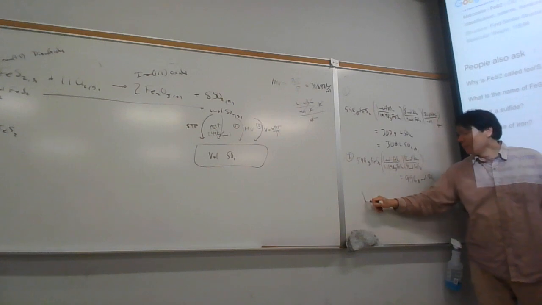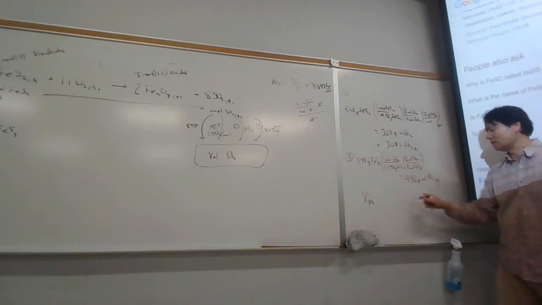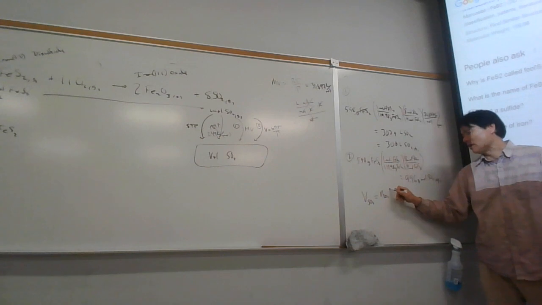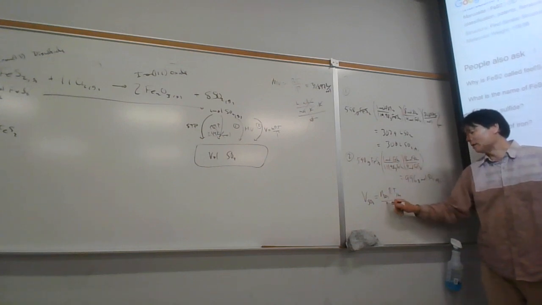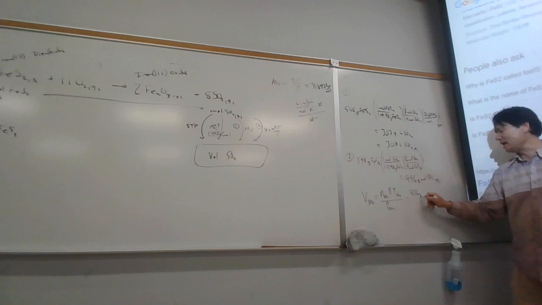Okay, then we want the volume of SO2. Since SO2 is a gas, we're going to use the ideal gas law. The volume of SO2 is the moles of SO2 times R times the temperature of the SO2 divided by the pressure of the SO2. So the moles of SO2 is 9.968 moles of SO2